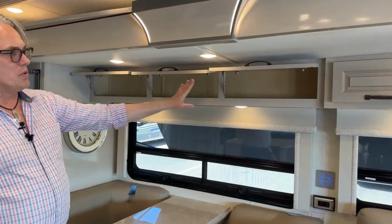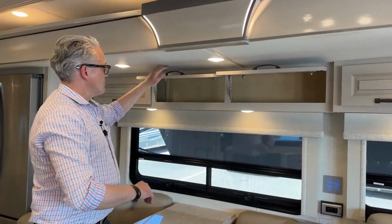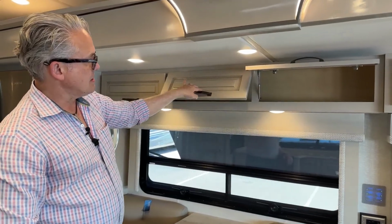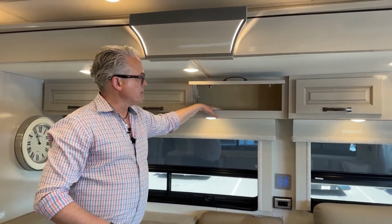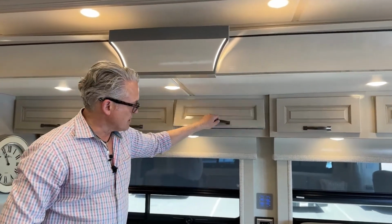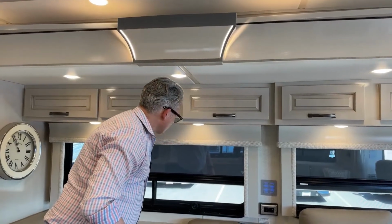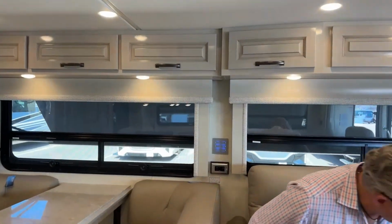And this goes all the way across. They have it at multiple angles. European hinges. It's going to keep it in there. It's got a nice strong pull to it. Carpeted, to minimize noise while you're traveling, minimize moving around. Beautiful valances right here. And what's behind those valances? Well,